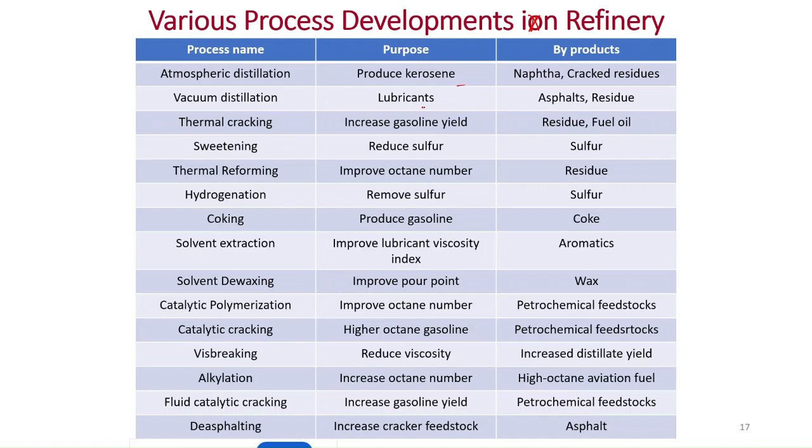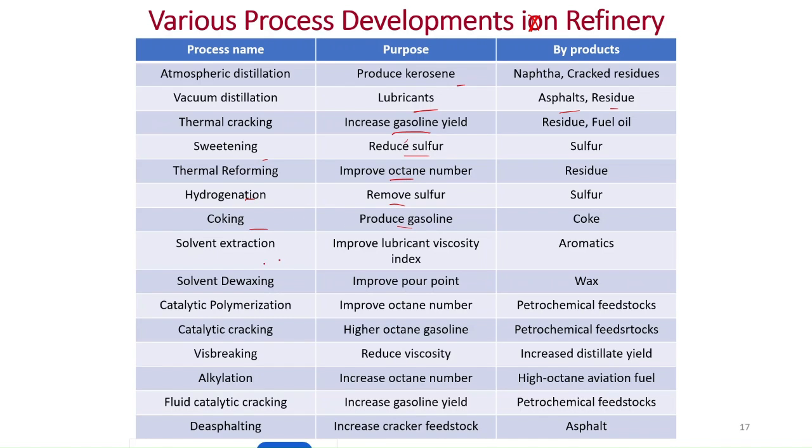Vacuum distillation, we mainly produce lubricants, but also byproducts such as asphalts and residue. Thermal cracking, the purpose was to increase the gasoline yield. Sweetening the byproducts. You can check one from this, but I will tell mostly the purposes. Thermal reforming for improving the octane number, sweetening to remove the sulfur, we all know, hydrogenation to remove the sulfur,